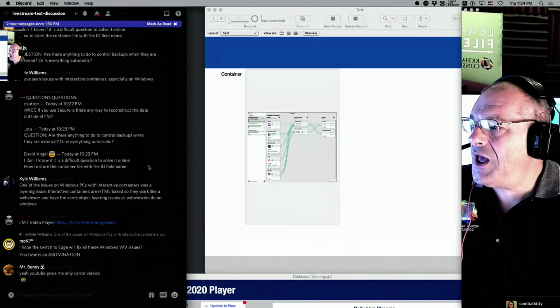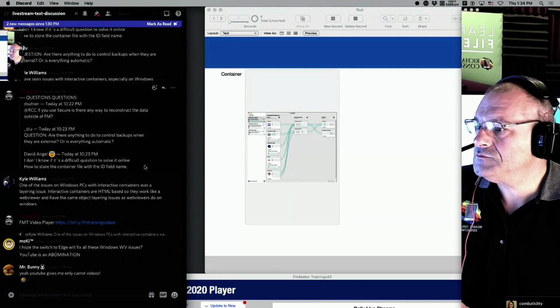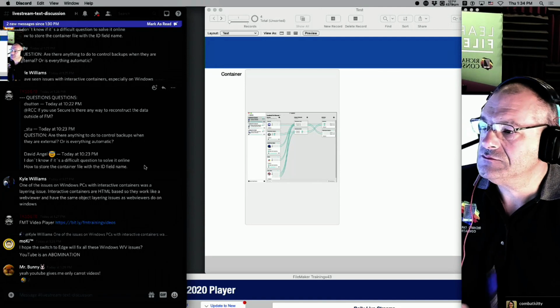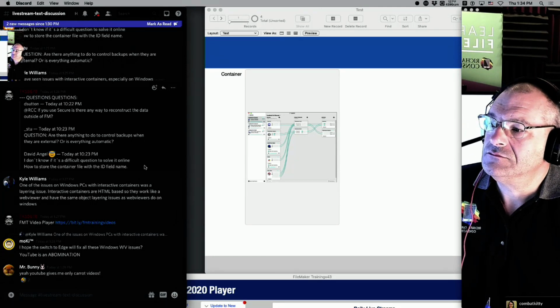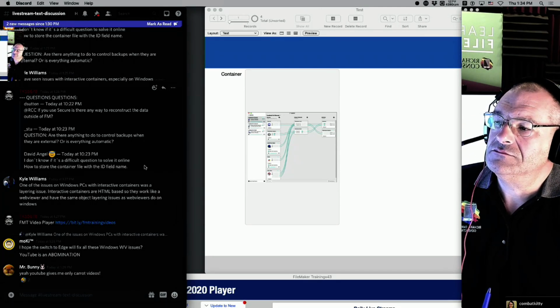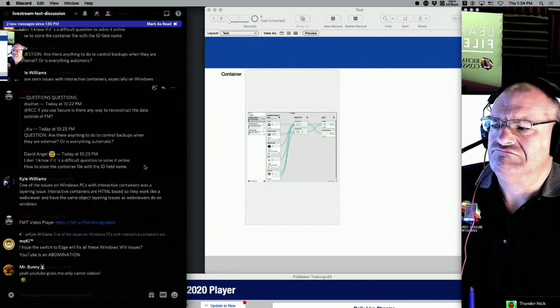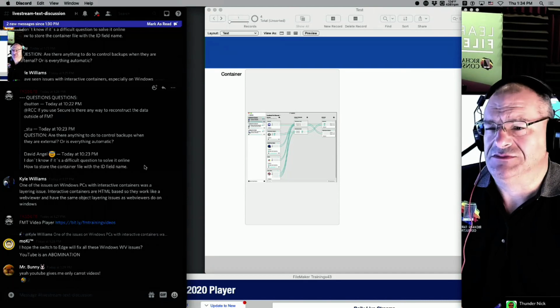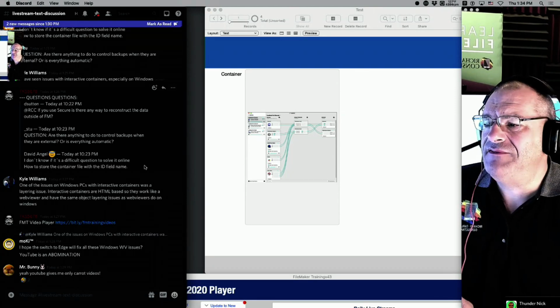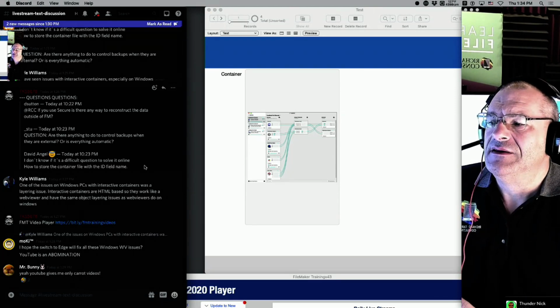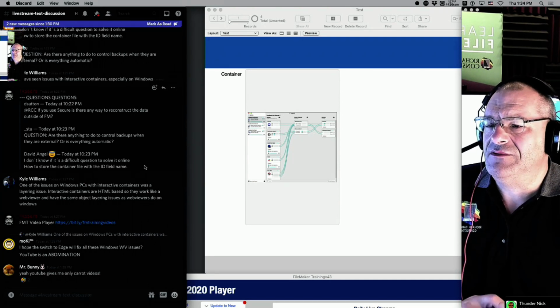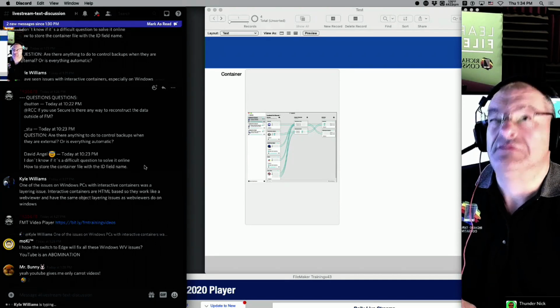Next question we have, one last question from David Angels: how to store the container file with the ID field name. That easy. I don't understand the question. ID field with the ID field. You mean, yeah, you want to store? You want to name the file